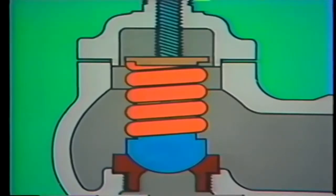Loosening the adjusting screw has the opposite effect. It reduces the amount of tension on the disc, allowing the valve to open at a lower pressure. Remember, though, that each relief valve is designed to handle